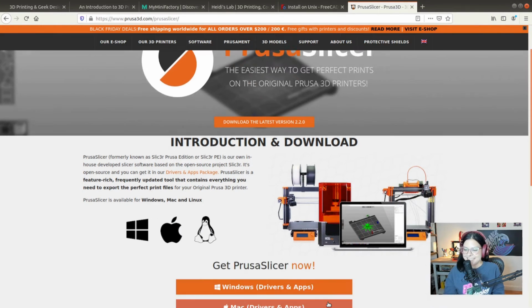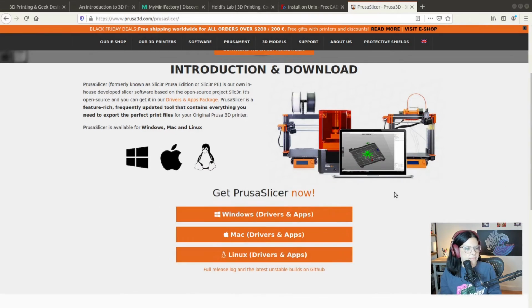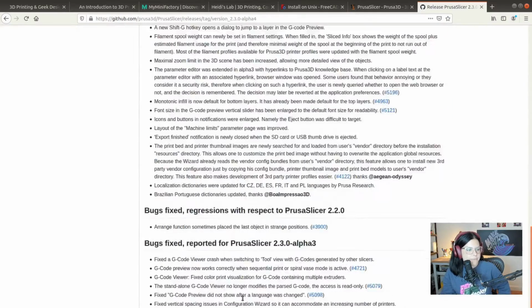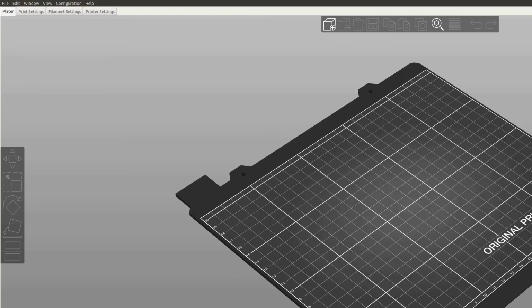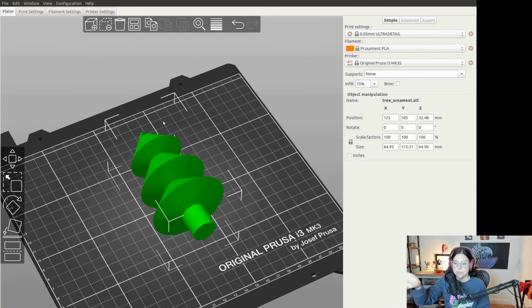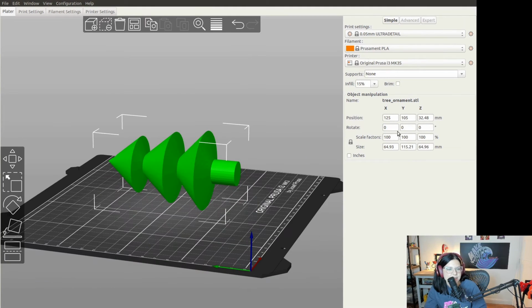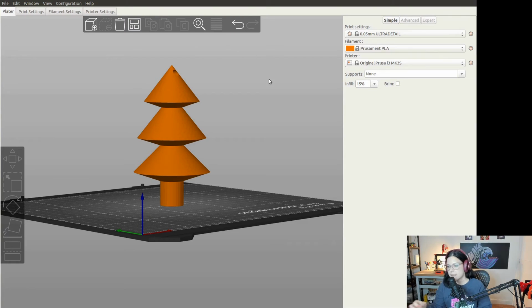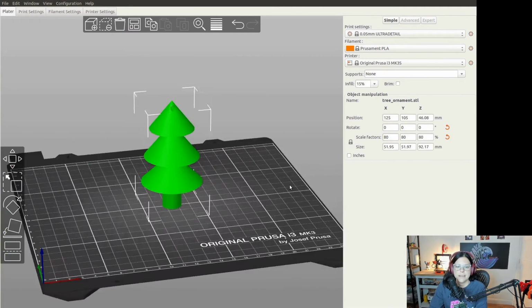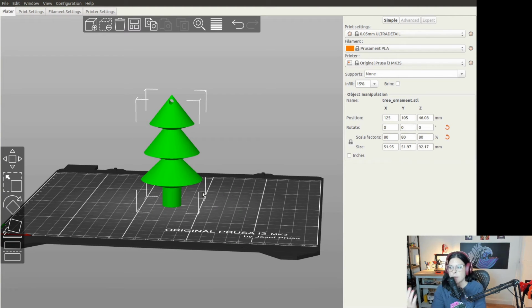3D printing requires special software to turn the STL files we download from sites like MyMiniFactory into actual G-code that is understood by your 3D printer. The process of turning an STL into G-code is called slicing. That's because the program will slice the model into very thin layers. A popular slicing program is Slic3r, and there is also the Prusa Slicer for those who own Prusa printers, either